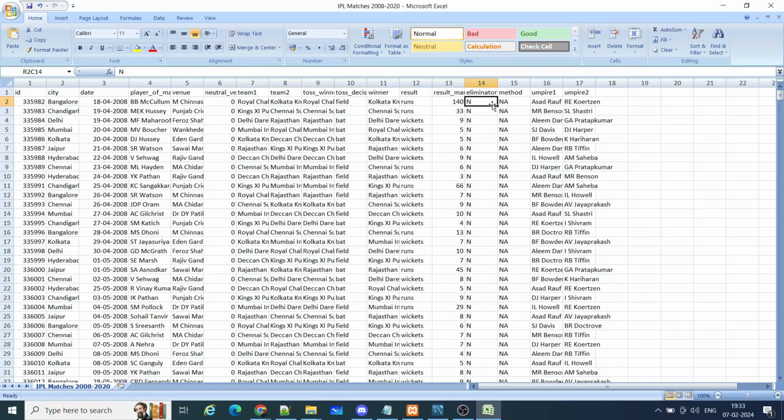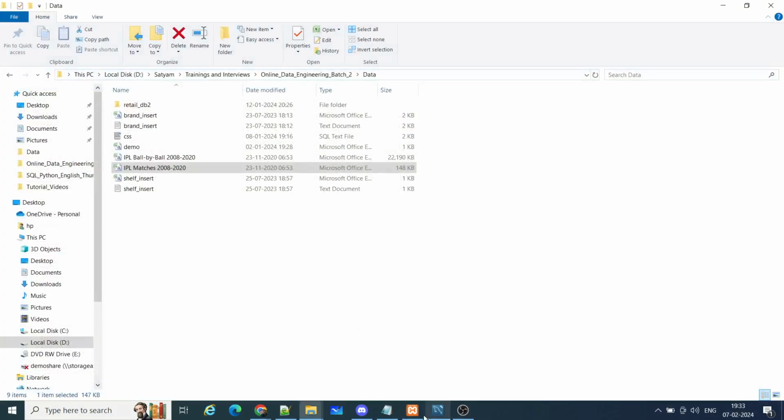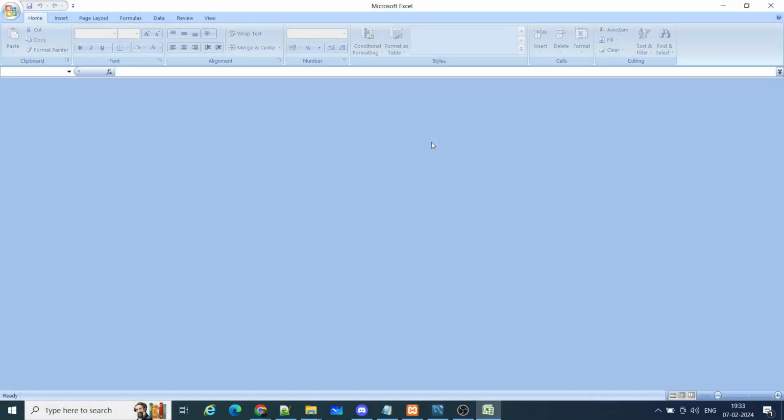Eliminator, no, it was not eliminated. Method, whether it was Duckworth Lewis or something else, or a super over, so it is not applicable. Umpire 1, umpire 2, and like that. If you see the ball by ball coverage, what I have